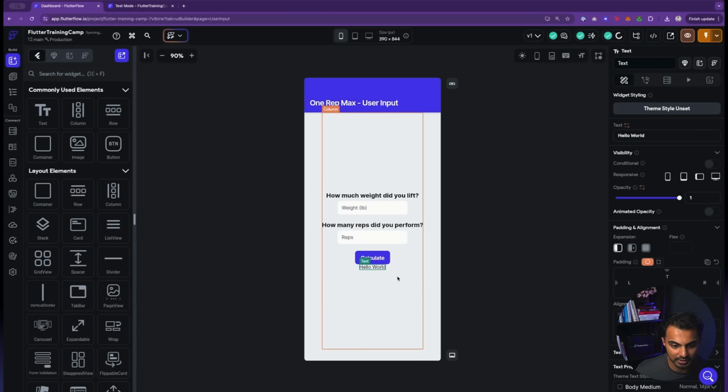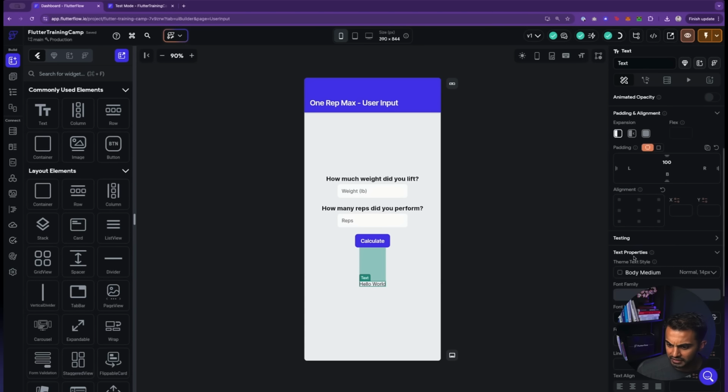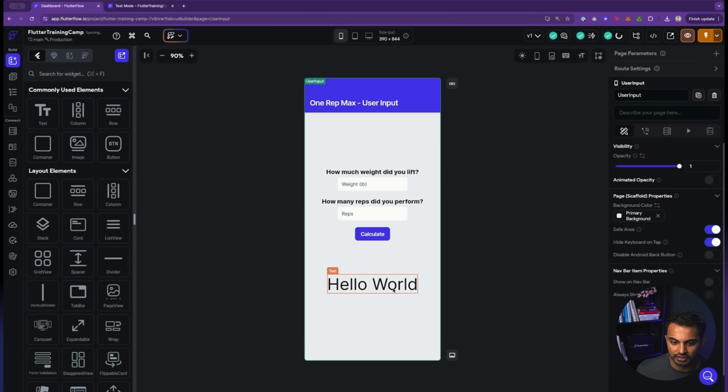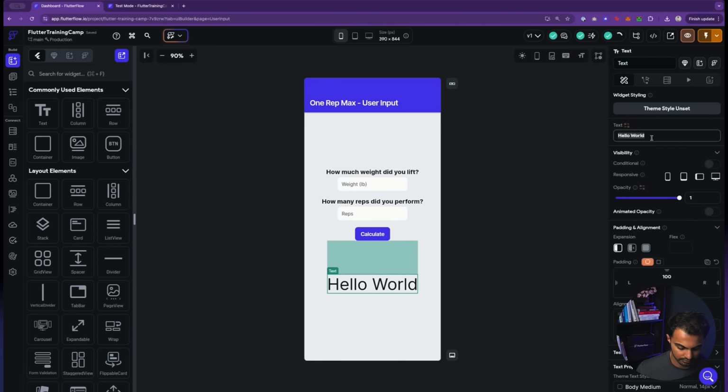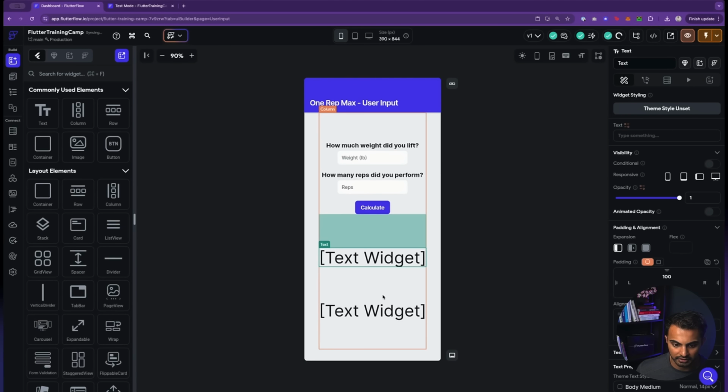I'm going to add a piece of text right here. We will then create some padding at the top. We'll add 100 pixels of padding here. I'll make this text very big, so we'll say like 48. And essentially we're going to say two things. I'm going to duplicate this.